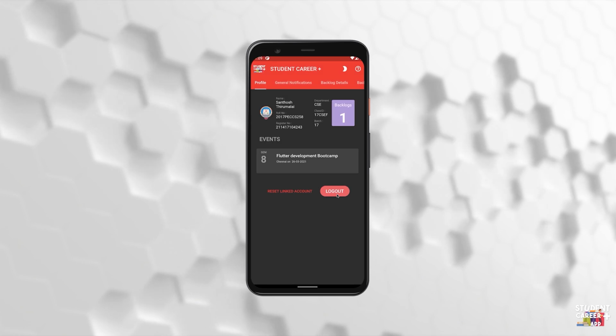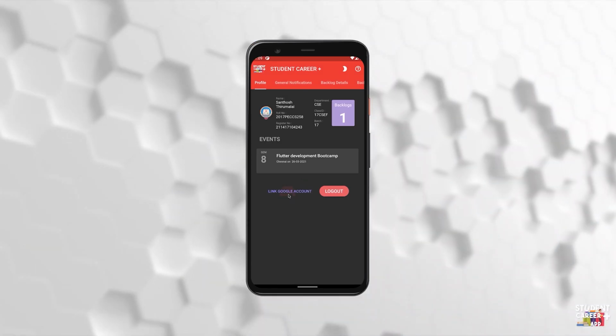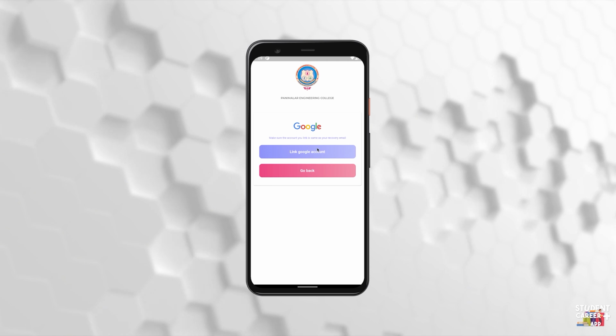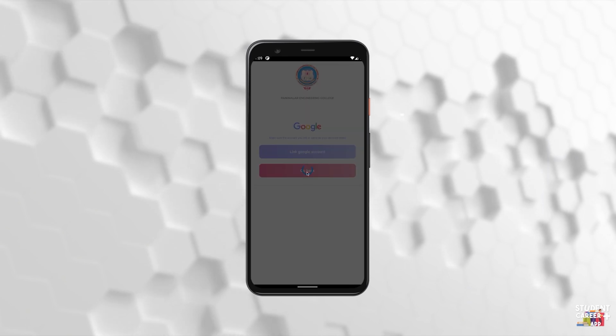Account. Users might want to link their Google account in order to secure and to update passwords.